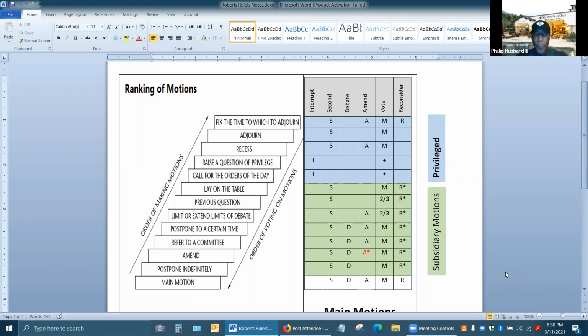Previous question. The previous question is that main motion that we're dealing with. And at times it gets convoluted when members of the assembly are speaking on items that really have nothing to do with that main motion, or they've made a couple of motions to do something with that main motion.